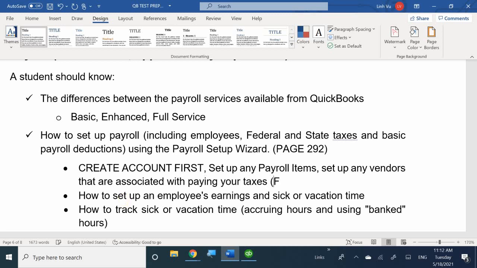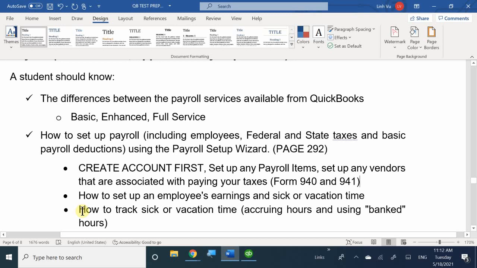So again, all of those are Form 940 and 941. Okay. So again, when you do the wizard, you're essentially setting up your payroll items, which allows you to set up your